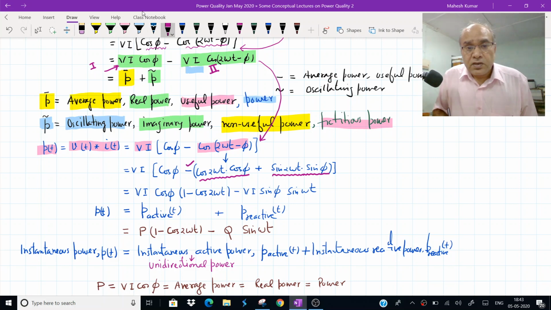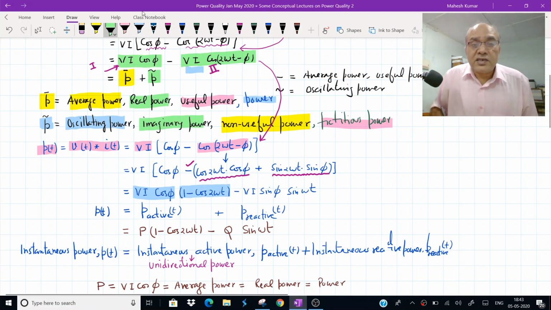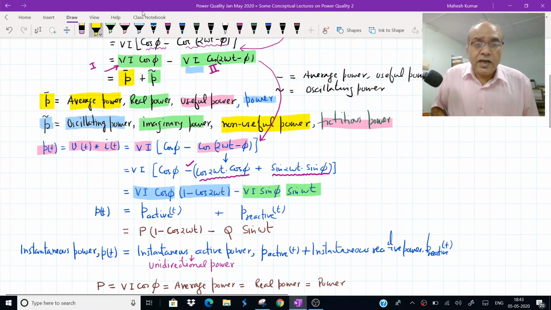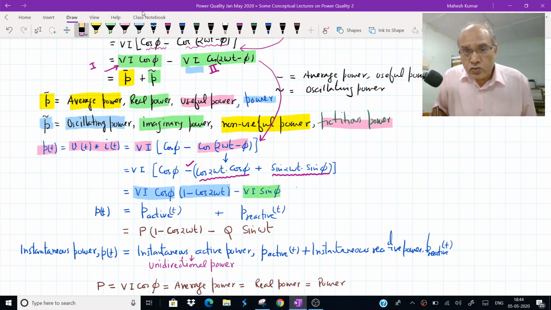This is the expression for cos A minus B. The minus sign is here. Now with this minus sign, if I collect the coefficients of cos phi and sin phi, we will get the term Vm Im cos phi at one place into 1 minus cos 2 omega t, and the next term we will get as Vm Im sin phi into sin 2 omega t. Okay, and this says that there are two terms. Please correct this: this is sin 2 omega t, not omega t. So write it again, sin 2 omega t.